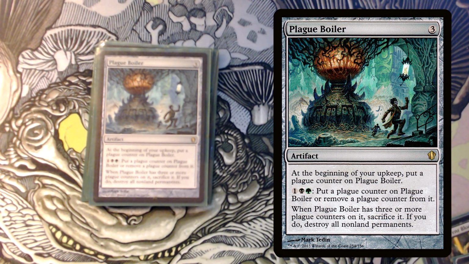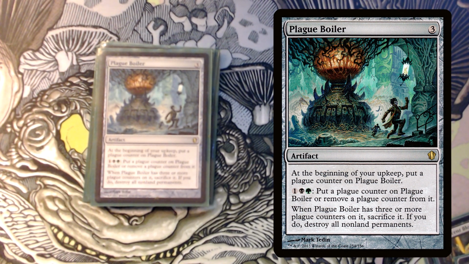It is a 3-mana artifact that has, at the beginning of your upkeep, put a plague counter on it. You can pay Golgari 1 to put or remove a plague counter from it. And once it has 3 counters on it, you have to sacrifice it and destroy all non-land permanents. I always say this card makes me feel like the Joker. I love this card. I never see this card. I love the art. I love the kind of impending doom for everybody, but you can also manipulate it so